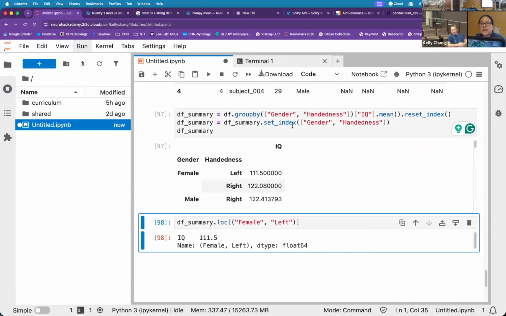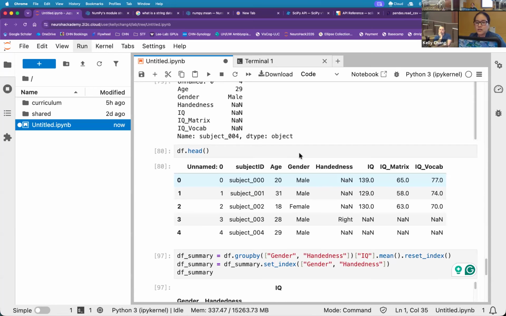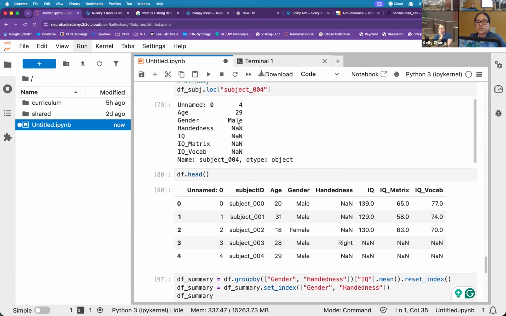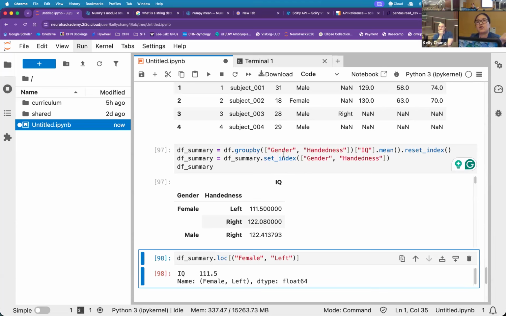So when you set index, it doesn't have to just be one. If you remember, we were trying to grab the subject row by the subject name. That seems all fine and good. It got us our age and gender, handedness, and so on in one call, like up here. df subject, specify the location, the index, you can grab that. But once we do some group by, you can have multiple categories of indices. And in this case, because I did a group by gender and handedness, we're now collapsing our categories. And now we have a double category, right? How many females, what's the mean IQ of females who are left-handed?